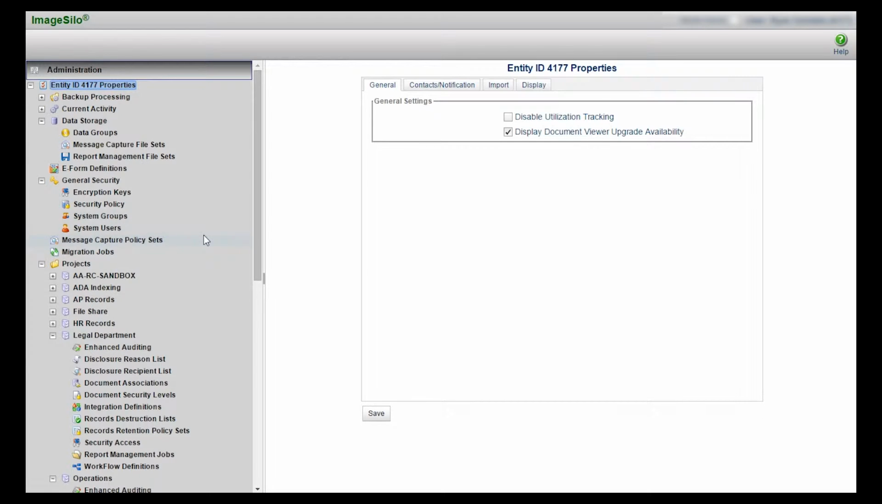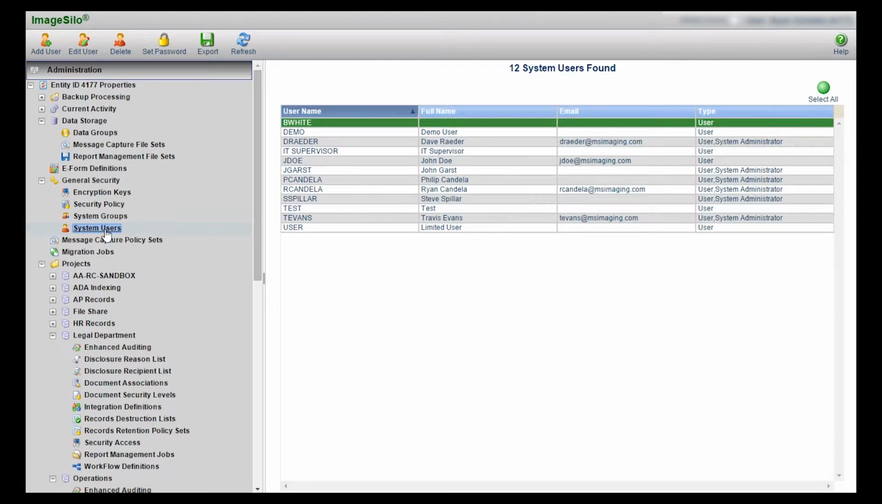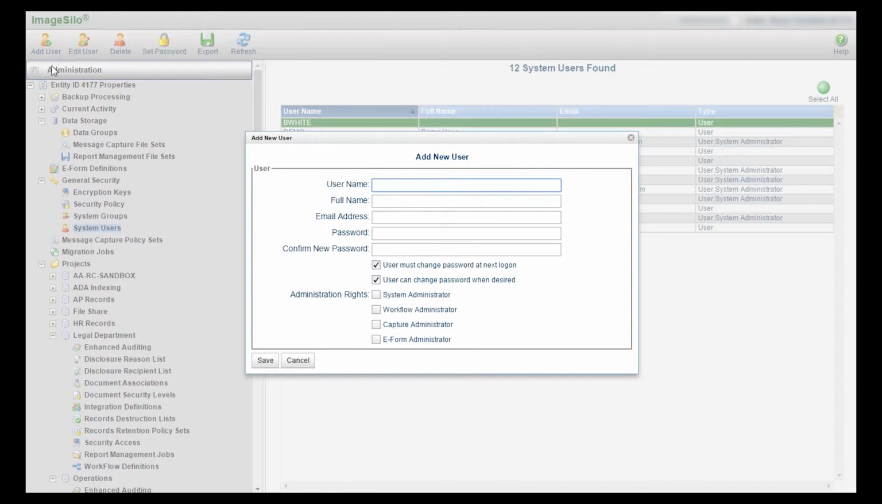So the first thing I always do is I start by going to System Users. And here you'll see a list of the current users within the ImageSilo account. So we'll just go ahead and go up to Add User. And this is where we'll fill out that information about that new user. So we'll just give John Doe a full name, a